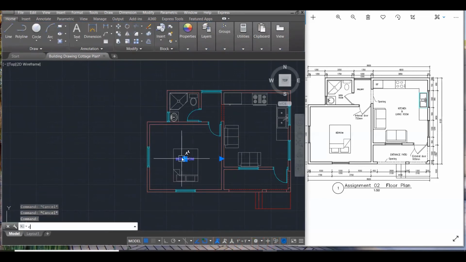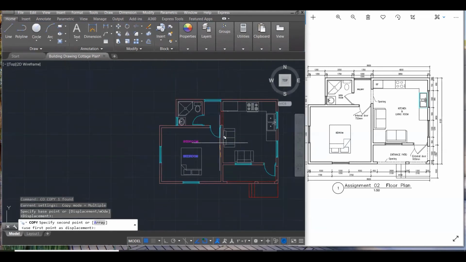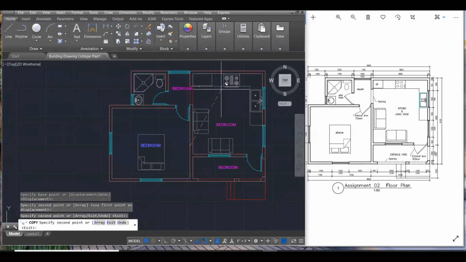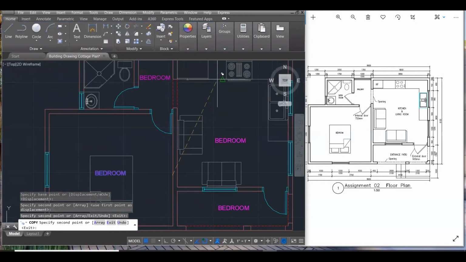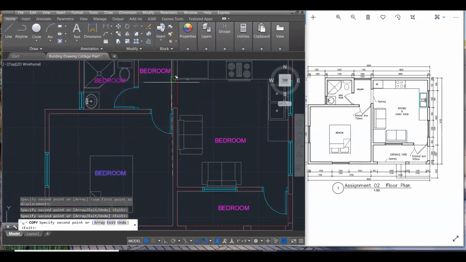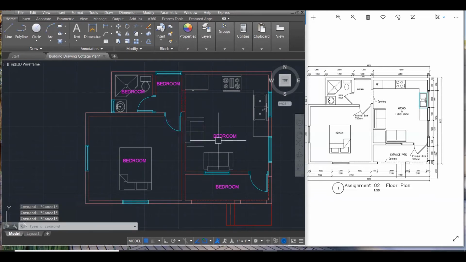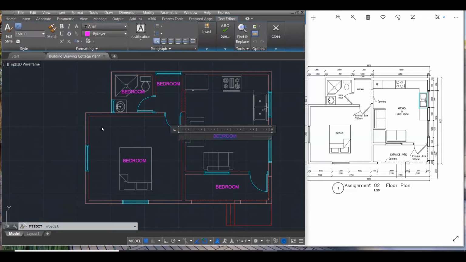So what I'm going to do is copy this label, and then I'm going to just place that in here. I just stamp these around. And that's the one for the bathroom. But when I'm placing them in, when I'm copying, I always turn off my ortho. I think that's very important to keep that off so that you can actually stamp them in where you want to. So bedroom is in, change this now to kitchen,